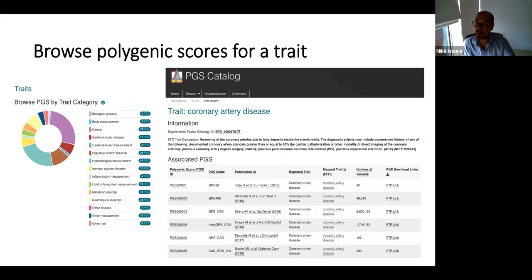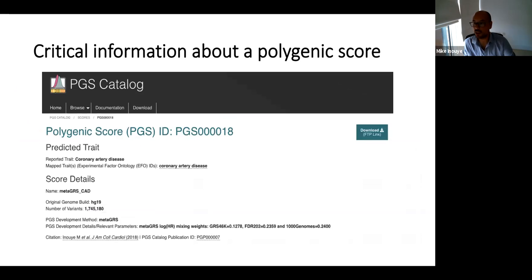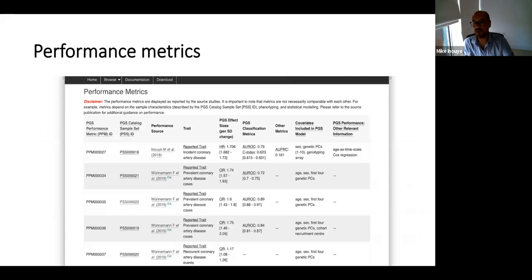For each polygenic score, there's a page for its publication, and there's a page for the polygenic score. On the page for each trait, we also give all the polygenic scores and publications for that trait. And for the polygenic scores, you can go to each polygenic score page, click on the download link in the upper right, and you can also look at performance metrics. And we've got a disclaimer, in terms of you can't